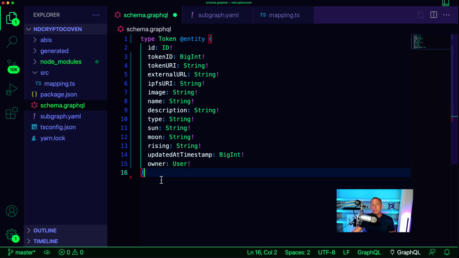It just gives us a new field to query for, and a new piece of data that's made available. And then we also want to now create a relationship. And the relationship is going to be between tokens and owners, or tokens and users. So a user is going to have many tokens, and a token is going to have one user. So we're going to have a one-to-one relationship between a token and a user, and a one-to-many relationship between a